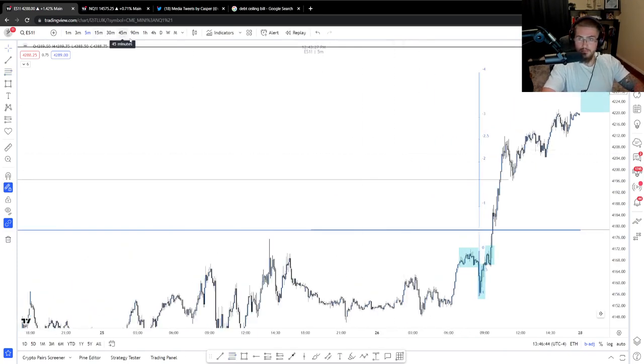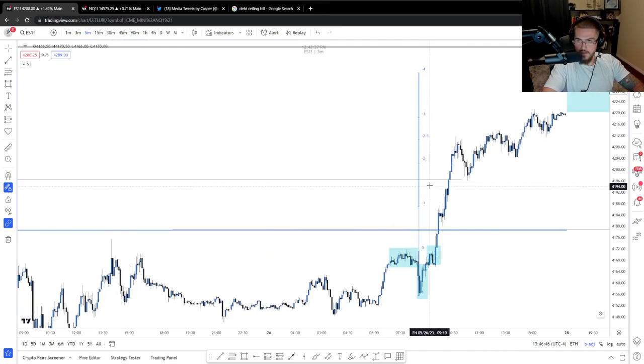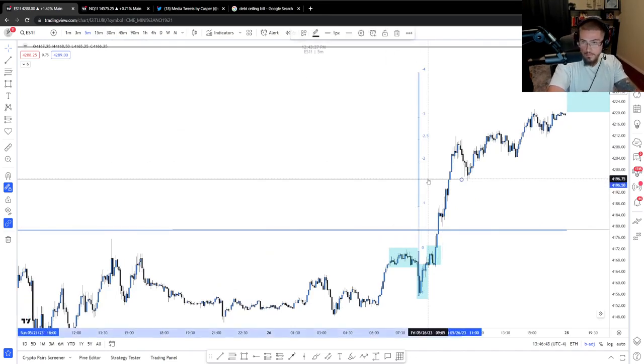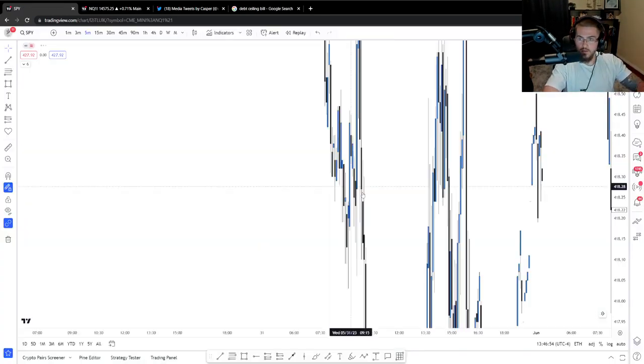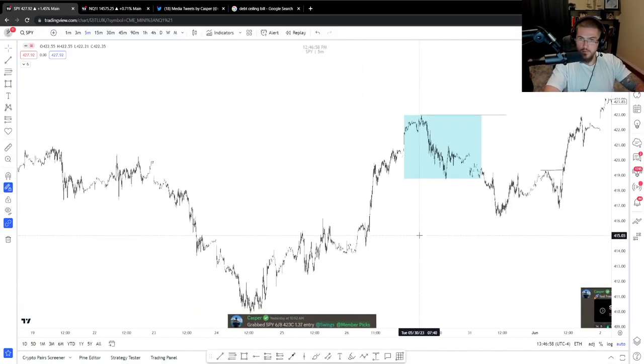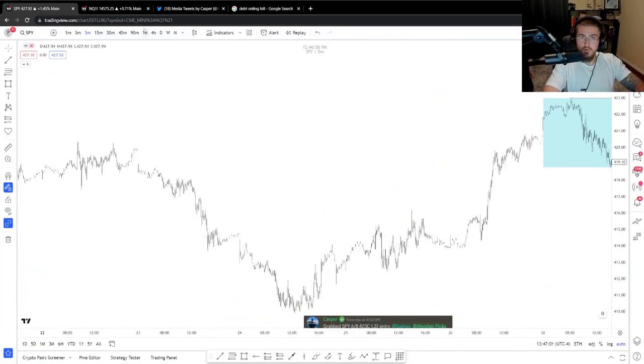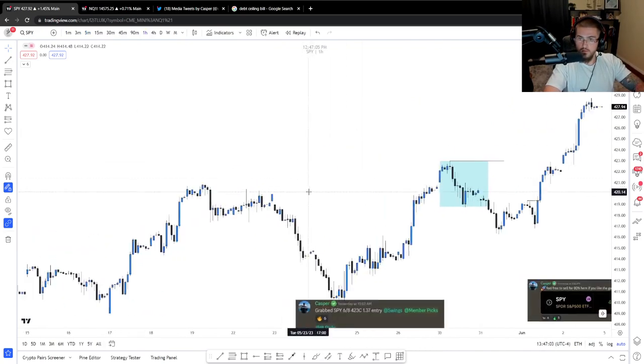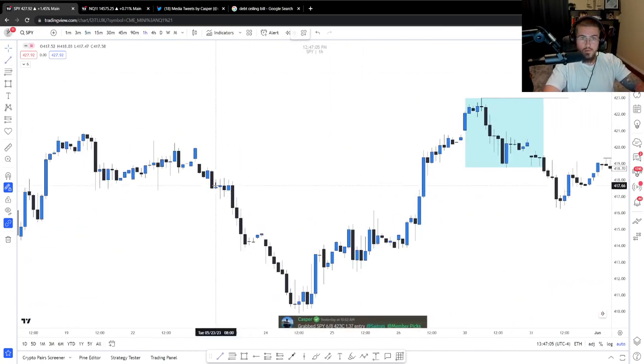But you can use these combined to say, okay, at this point, I would just look for the weekly open. You know what I mean? That's on SPY. That was probably a decent move. Let's go back to SPY and just see what that'll look like then. The weekly open would have been, I think,